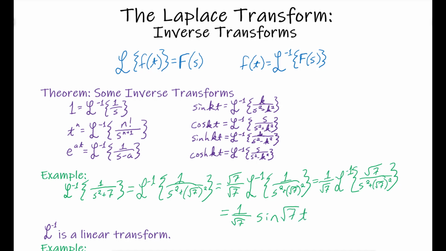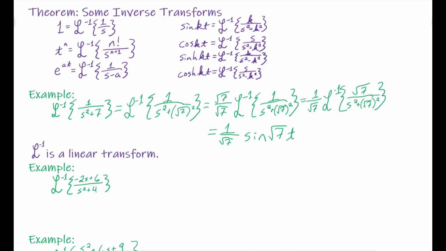And like I said, the inverse transform is a linear transform. We used that. We can show it over and over again for constants. We can pull constants in and out as we need to, and it all just works out beautifully. So now let's take a look at another example that doesn't look like any of the inverse transforms in my